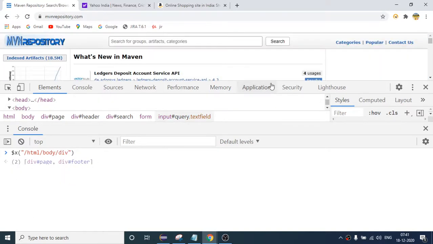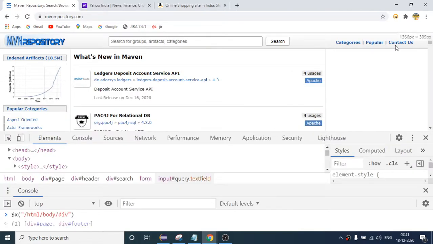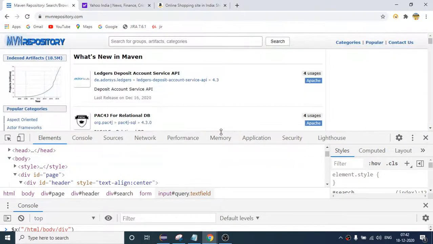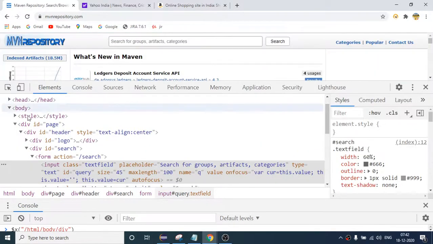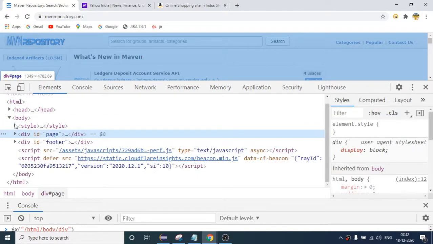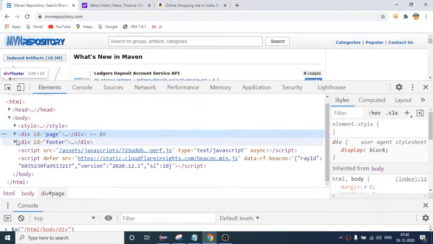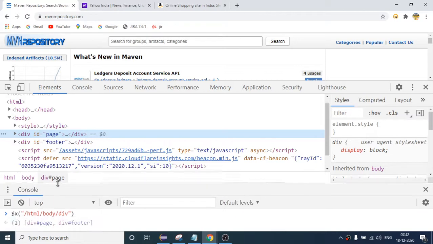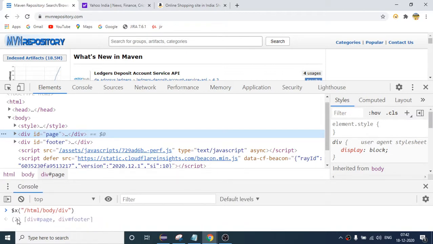Why is it giving me two? Because it is from the body. When I am saying slash div, you can clearly see two div tags are present. So this is the reason it is giving me number two, right? So if you want to see what it will give, slash 2, right?